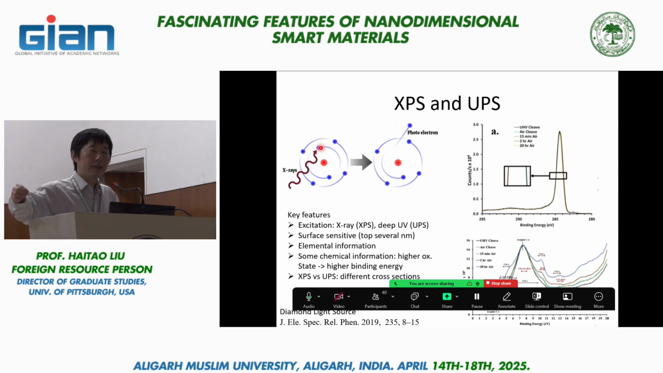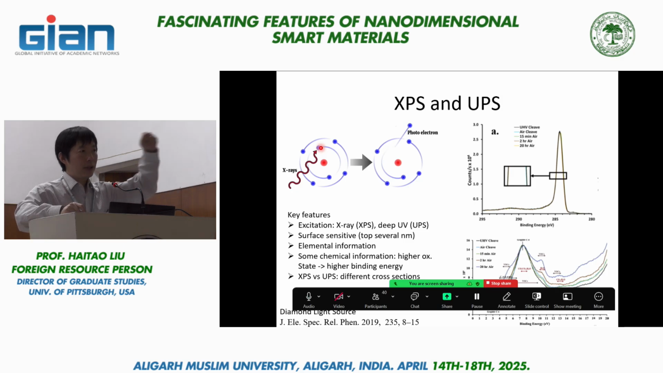A lower detection angle gives me more surface sensitivity, with a detection angle near 90 degrees giving me the least surface sensitivity. But even at the least surface sensitivity configuration, I still get most signal coming from the top few nanometers of the surface. Now, if I do this kind of angle resolved measurement,